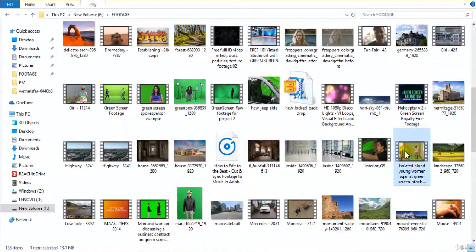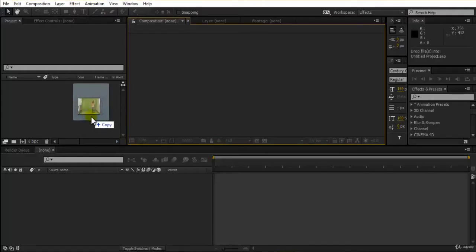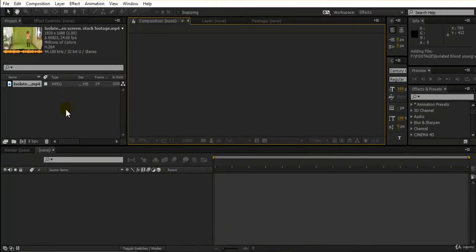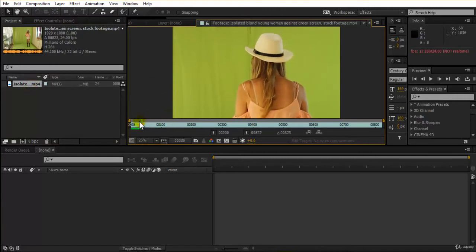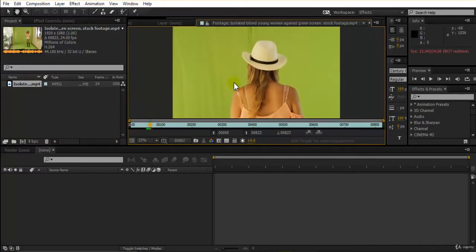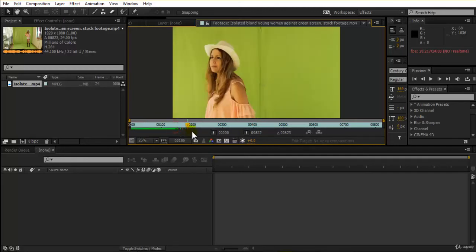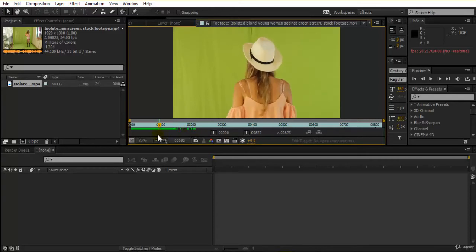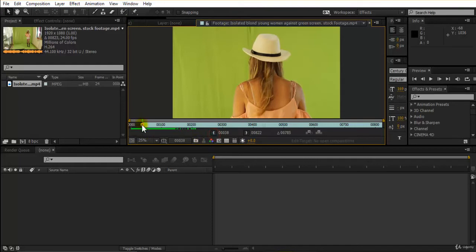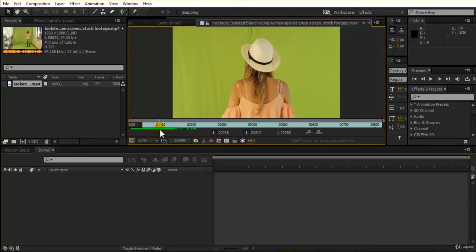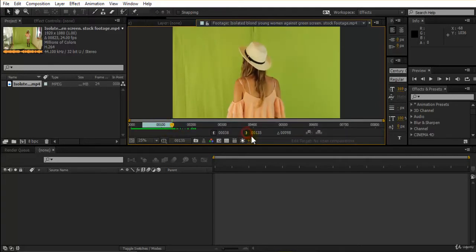So I have got this footage with me, so I'll just drag and drop this here onto my After Effects, and if I double click on it, this is what I get. I'll be taking somewhere from this frame, and the character, it's walking somewhere over here. I would not require this much of my frame, so I'll be taking an in point which can be this, and out point maybe till here, and then I'll be taking this inside my comp.